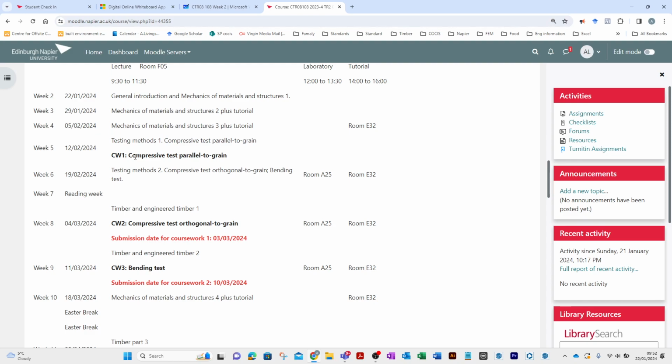But so we're going to be looking at different types of testing. So we'll talk about that just now. So for your coursework, you'll have to analyse data from different types of testing, and we'll discuss later on in the weeks what those exactly are and what the code is you'll have to follow, and you'll have to write it up as a formal test. However, because I said before that I work in the industry as well as within Napier,